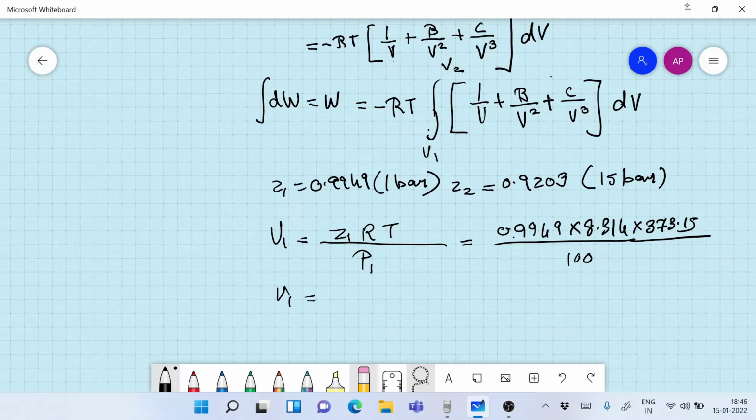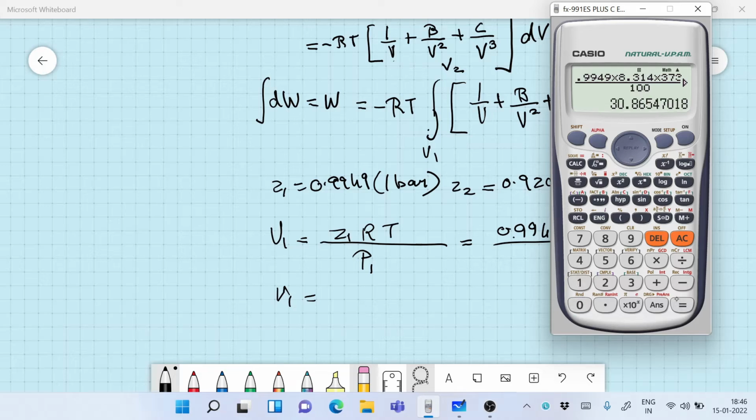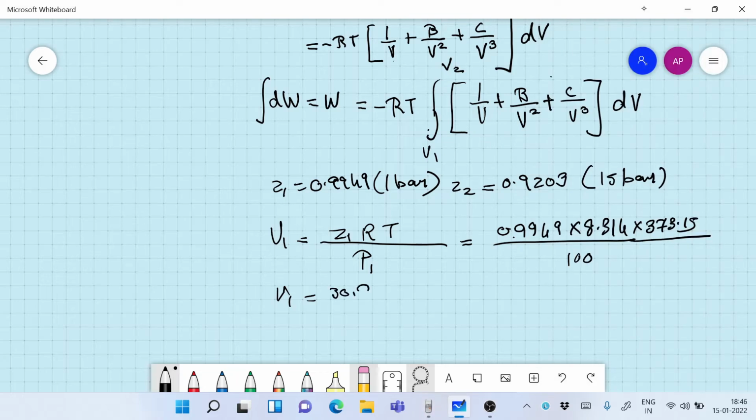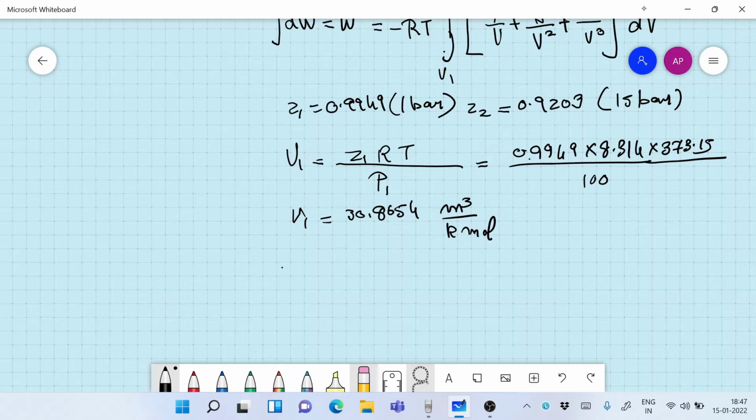So we have V1. Let's go back to our rusty trusty calculator, and that's 0.9949 into 8.314 into 373.15 divided by 100, and that's 30.8654 meter cube per kilomole. Mind you, I told you that the volume is in volume per unit mole. So V2, let's make a direct calculation now,